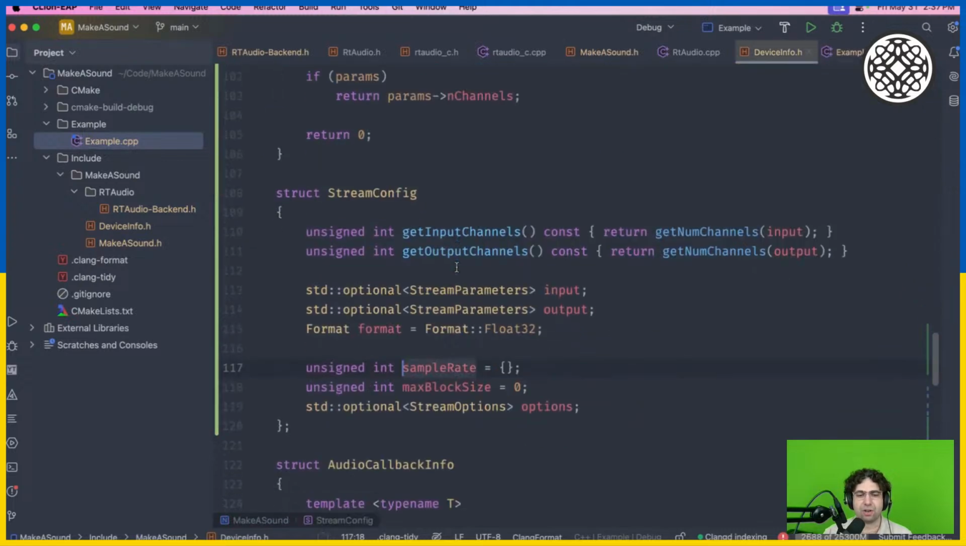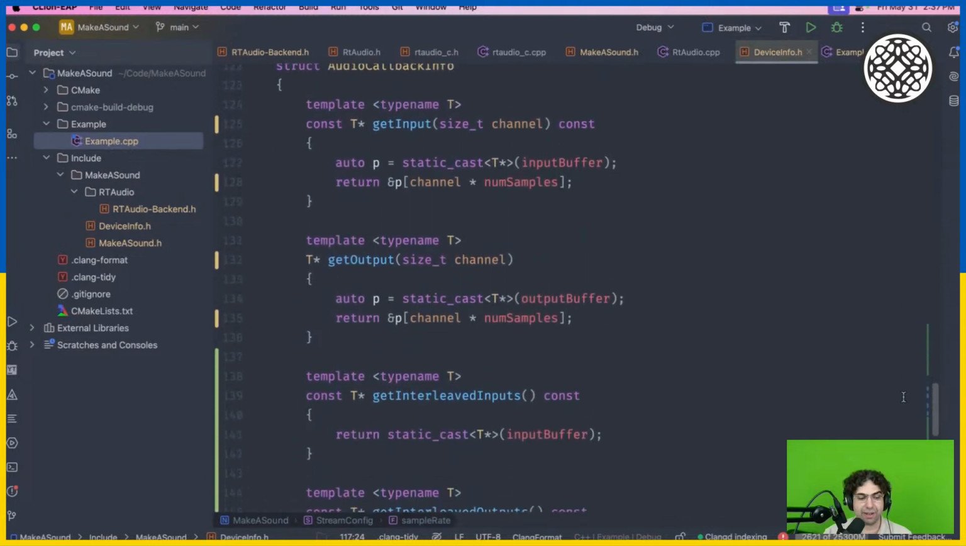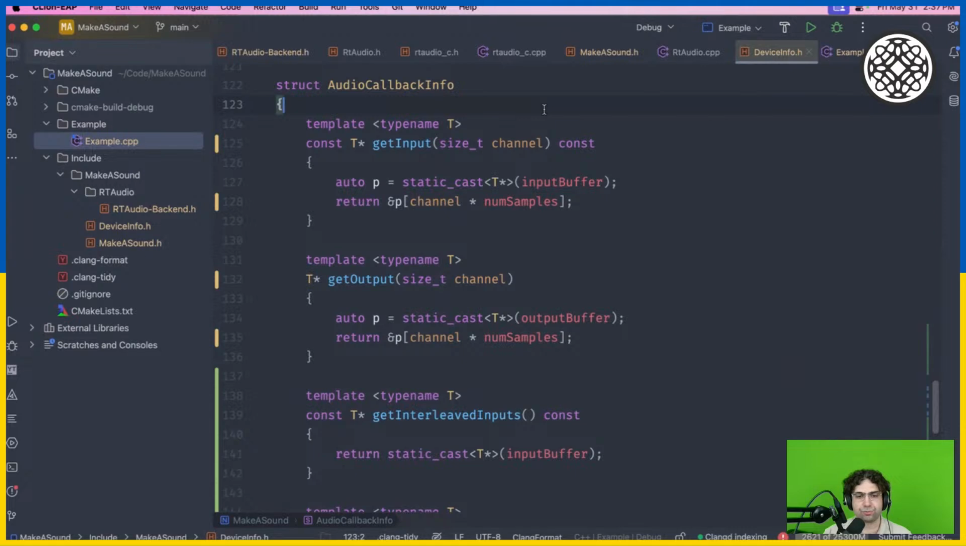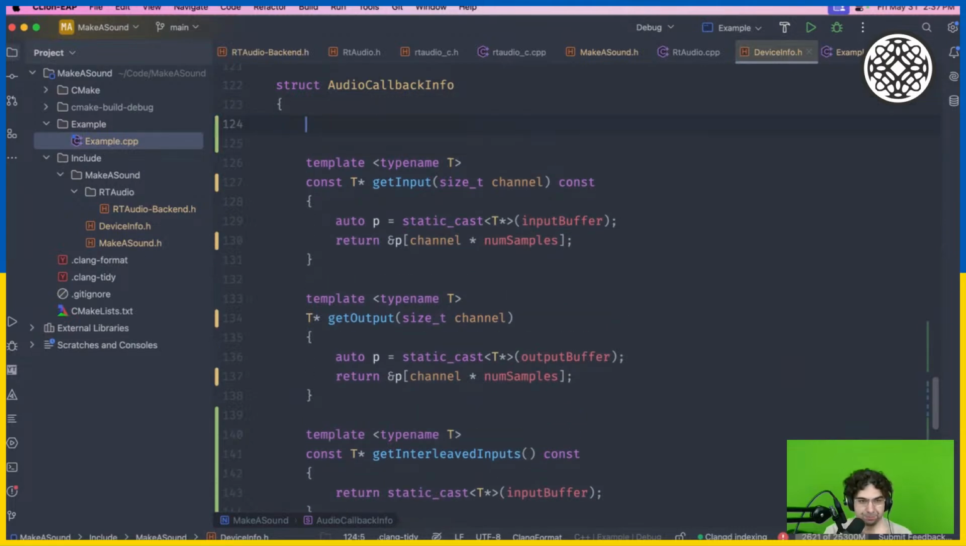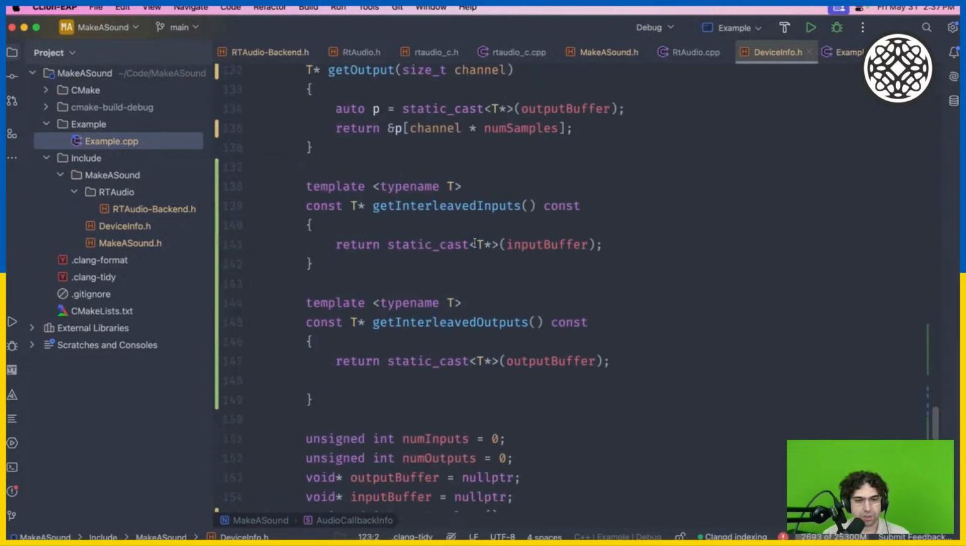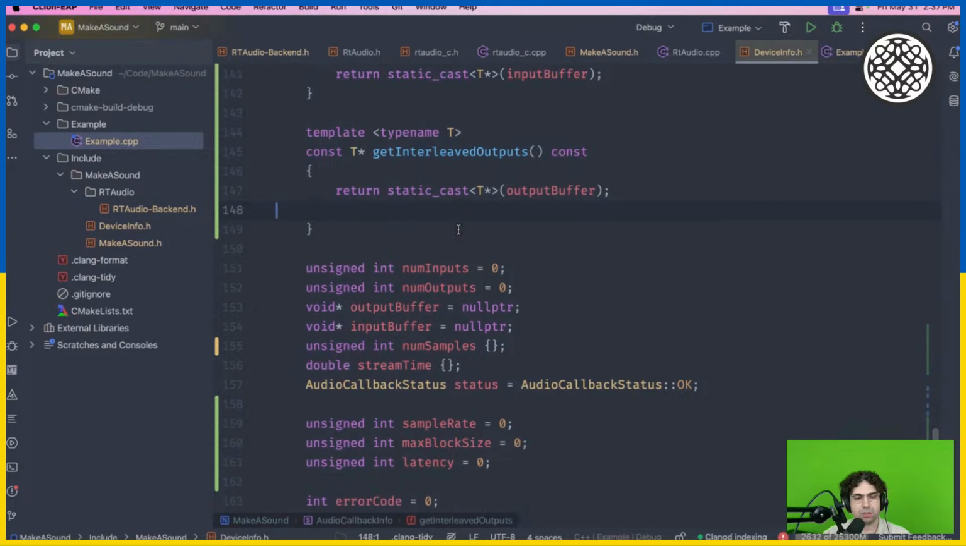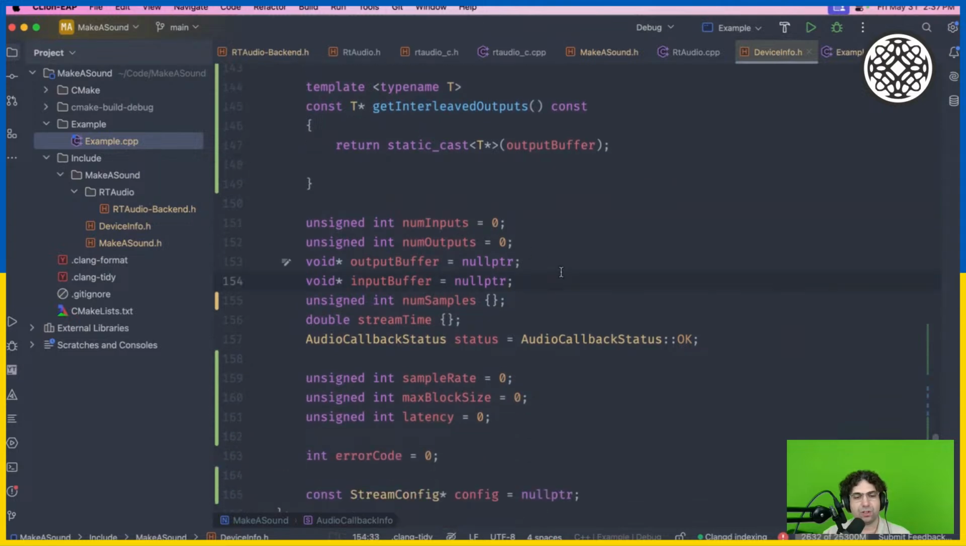Oh yeah, I just remembered. I wanted a way to compare these, not the stream config stuff, but the audio callback info stuff. So what I wanted to do was to have an easy way for the user to know if that has changed from the previous callback. So what I thought I would do. Yeah, that's not a bad idea. So one way to do this